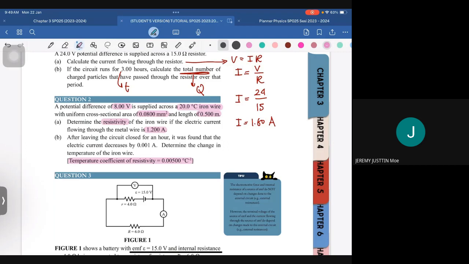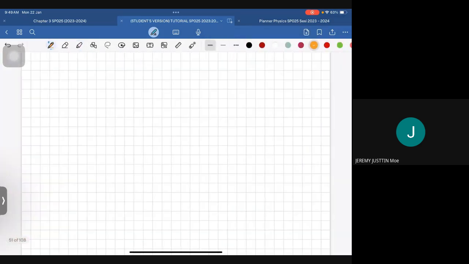Yes, amount of charge is Q. Number of charge is N. Okay. So sekarang ni, kita ada